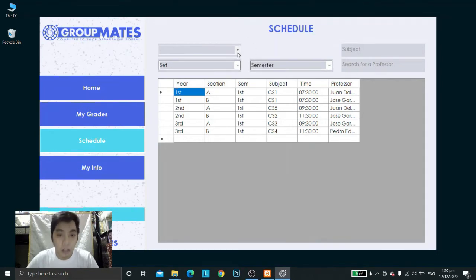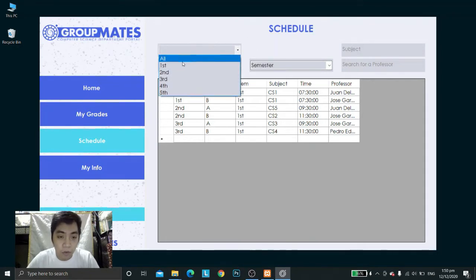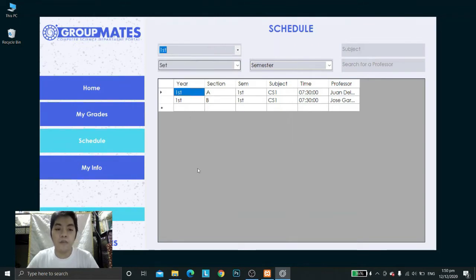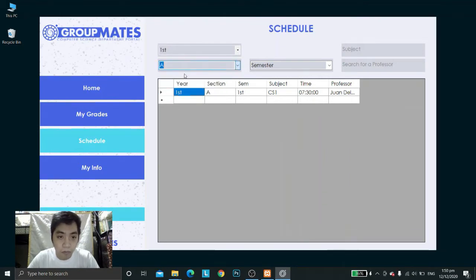So let's try it. Let's first select for the year, let's say it's first year. Now it will select all the schedules for the first year. Select for the set. Now it's a schedule for first year, set A, and then for the SEM, select for SEM. It will show the schedule for the set A